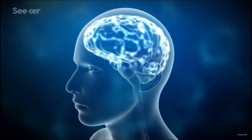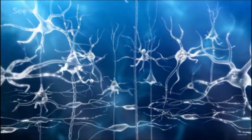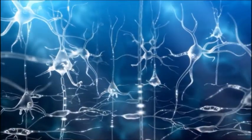Instead of using an electric signal to mean 1 or 0, the designers of these new chips want to make their computers' neurons talk to each other the way biological neurons do. To do this, you need a kind of precise electric